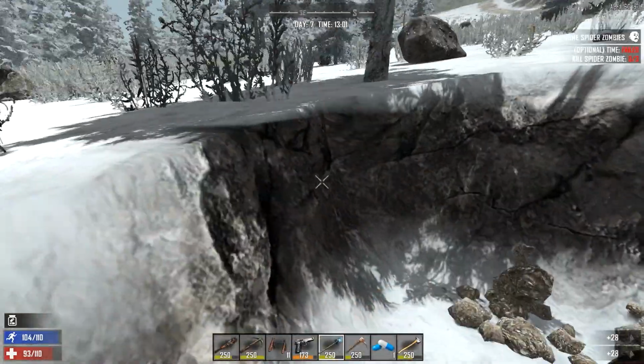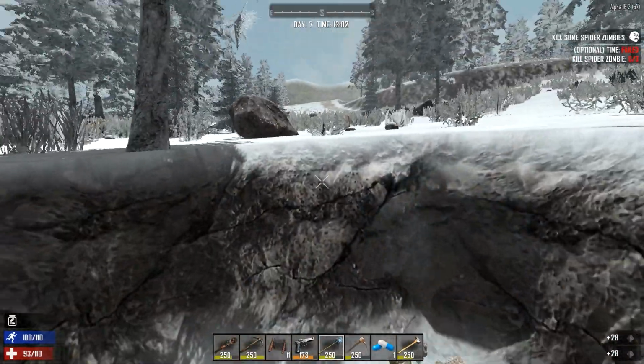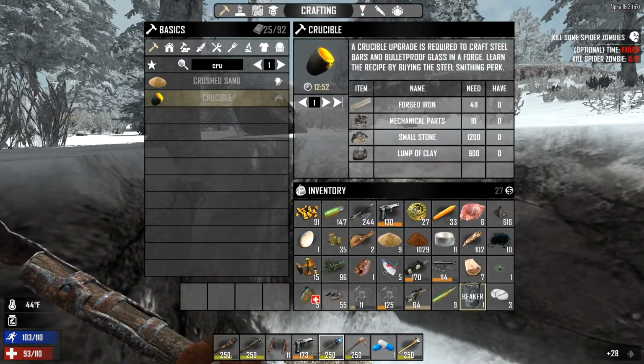Let's just dig this out a little bit. Get as much snow as we can carry. Shouldn't take too long to get to 1,000, like 100 blocks of digging. Even less than that, actually. How much am I at right now? I can probably sell that...